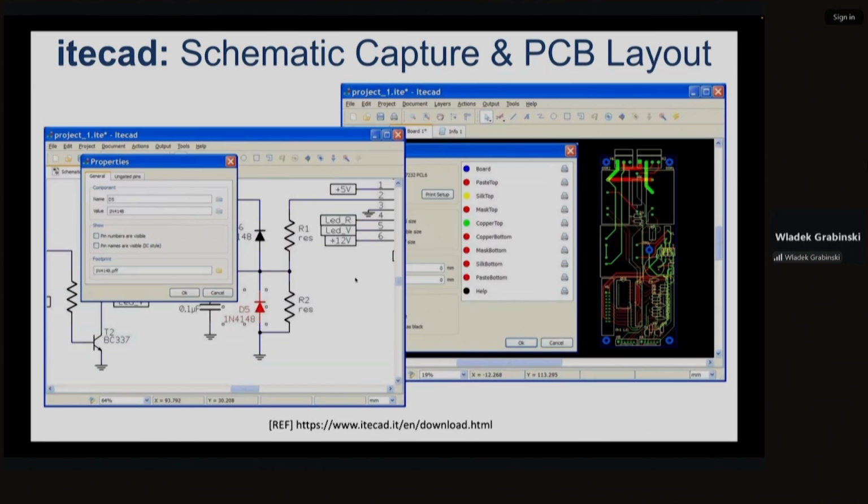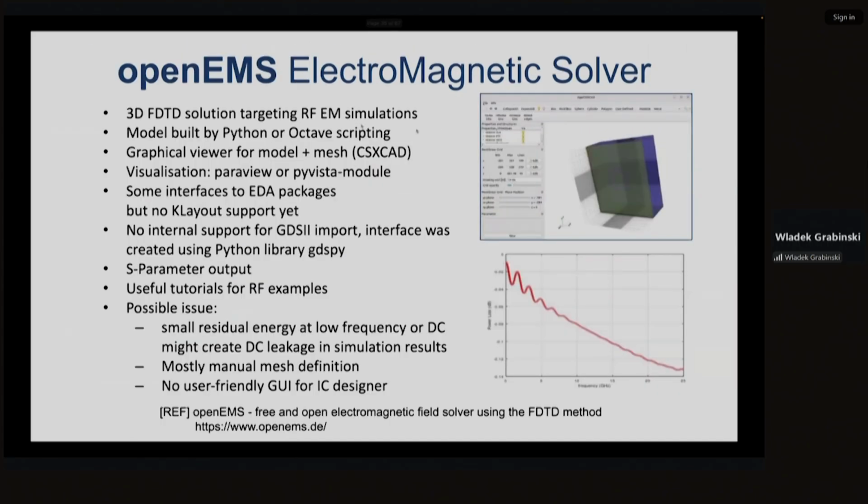There are more and more tools available online. This is a CAD tool, which includes schematic capture and also PCB layout editor. I mentioned about OpenEMS. If you are RF designer, you can benefit validating your RF components using 3D electromagnetic simulations.